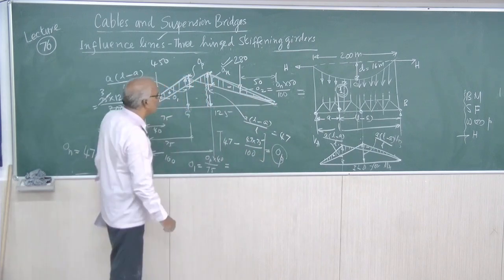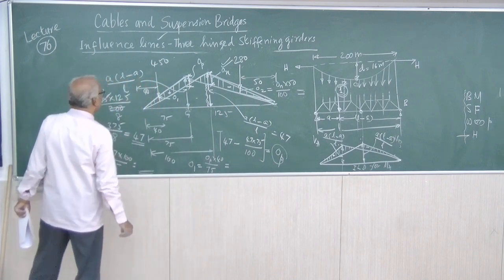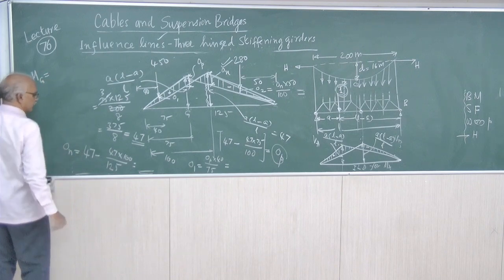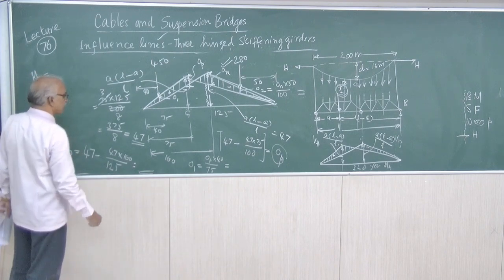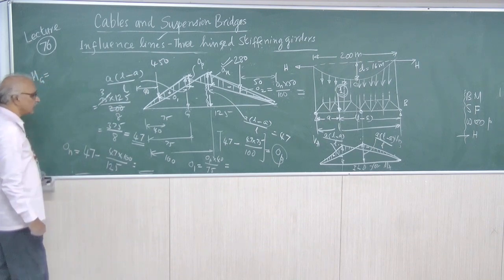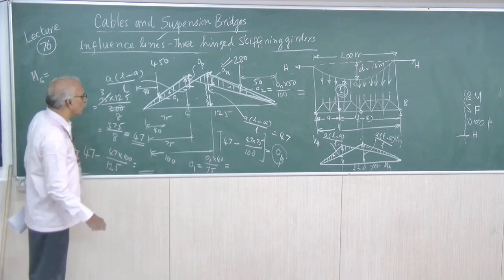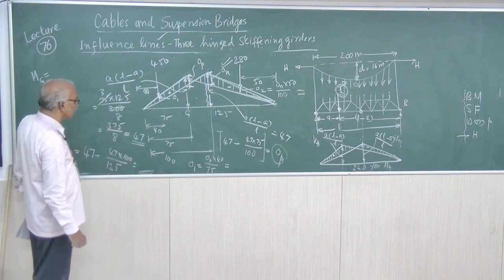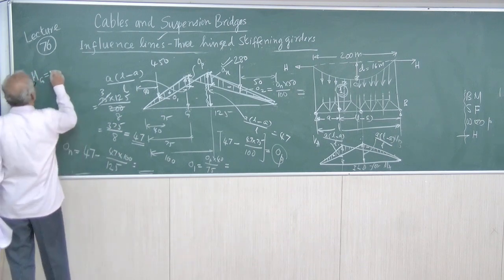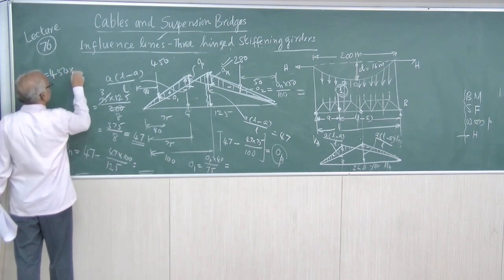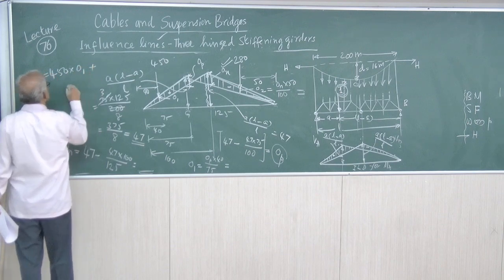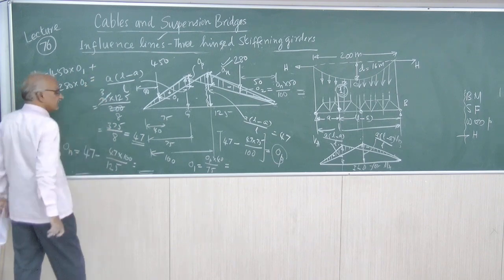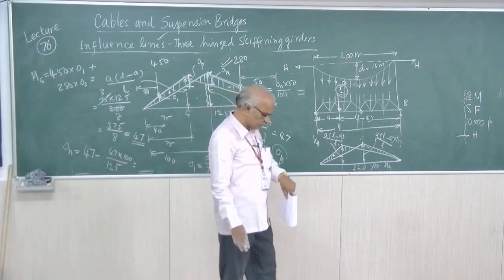If you find out O1 and O2, we get the bending moment at G. Of course it is a little tedious in calculations, but we have to do it. If you are asked to do it using influence lines, there is no other go. Analytically, it was easy; now it is a little more involved in terms of calculations. So it will be 450 into O1 plus 280 into O2. If this is done, we will get the same value as we got in